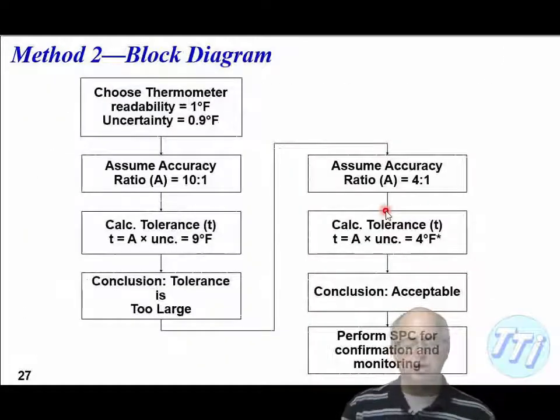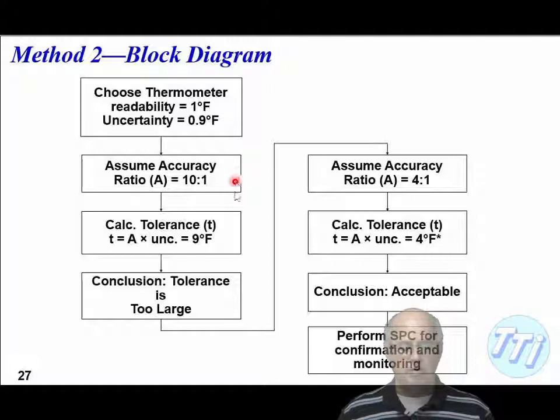So here's the flow chart of what we've done for the second method. We chose a thermometer this time with a readability of 1 degree Fahrenheit. We assumed 10 and found that we couldn't meet the tolerance. We assumed an accuracy ratio of 4, which is more typical. And we found that we got within 4 degrees, and we decided that that is probably acceptable. We would then have to do the statistical process control to confirm the